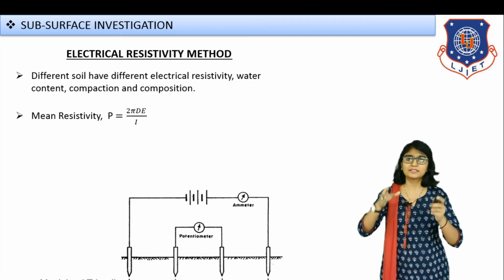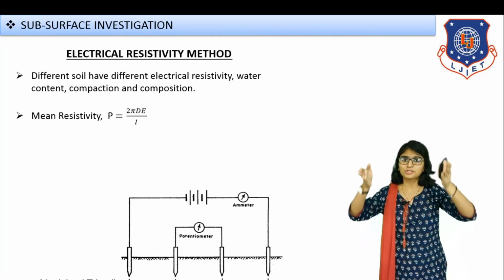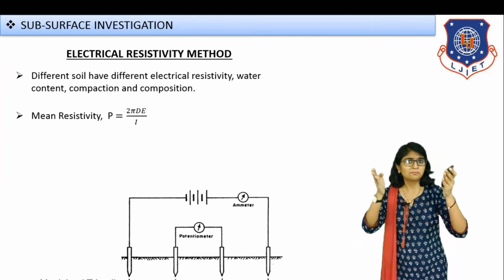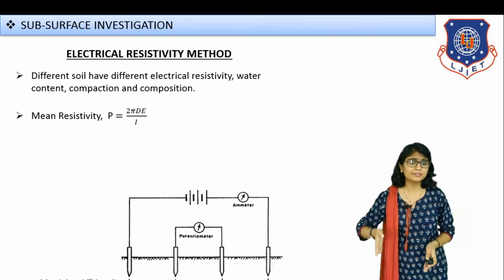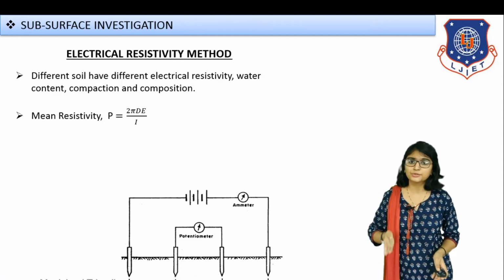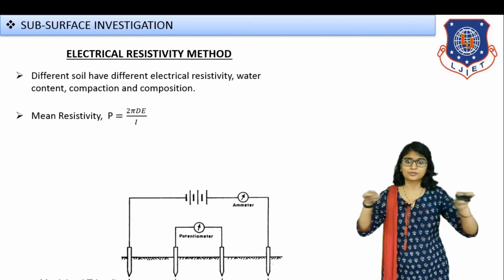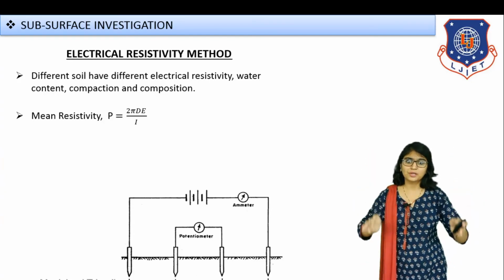As I discussed the setup, you can see in the image over here, there are outer 2 electrodes and inner 2 electrodes. Electrodes are nothing but metal rods, metal spikes. What will be the depth of insertion of the spikes? It will be equal to your depth of excavation, and the distance between the electrodes shall be equal to the depth of excavation up to which you have inserted.